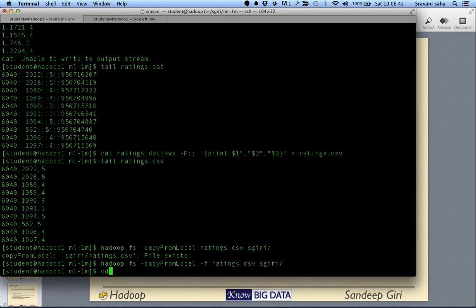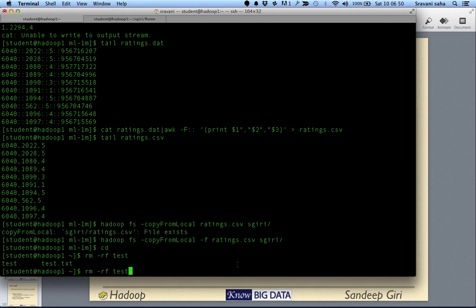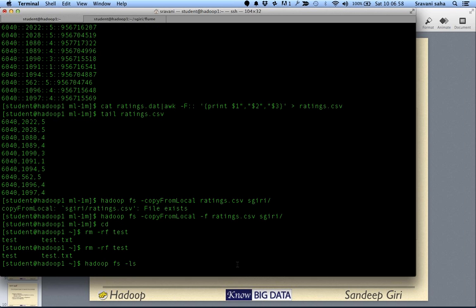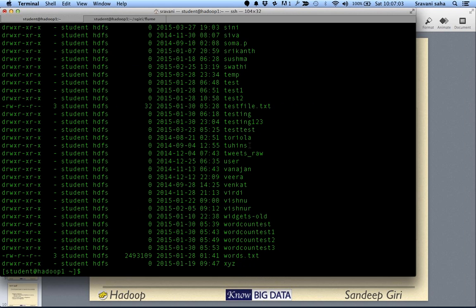The next thing you need to do is remove the tmp directory from the home, rm -rf. Oh, it's not there. Hadoop fs -ls. So here, this tmp folder we need to delete because it was created by